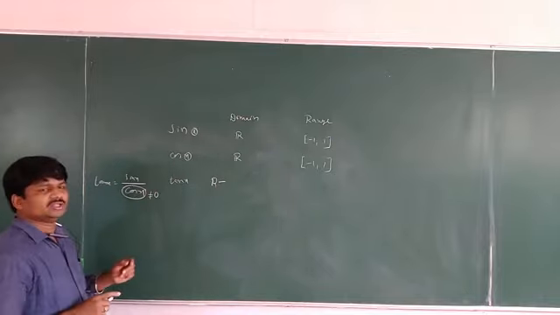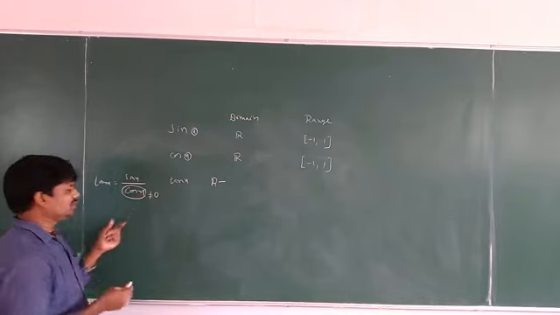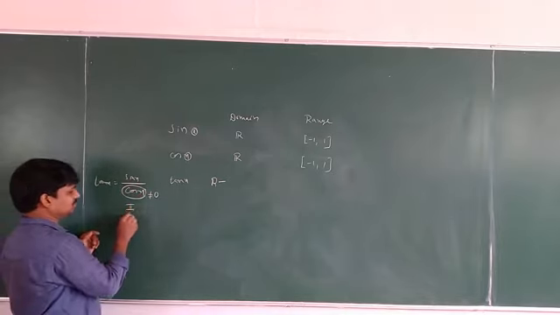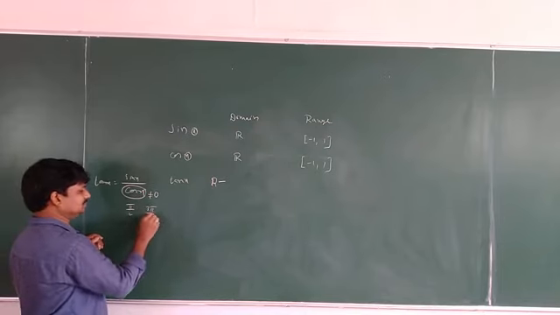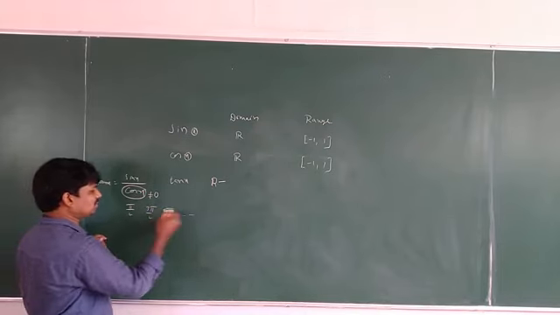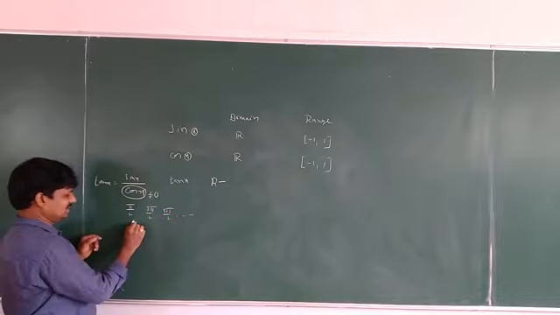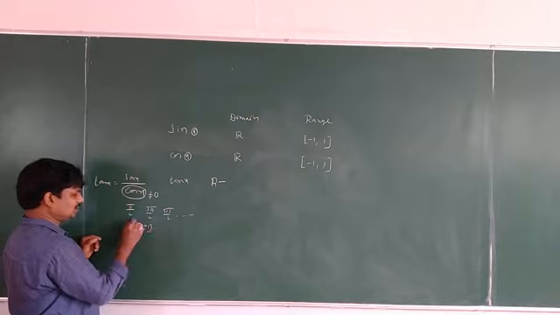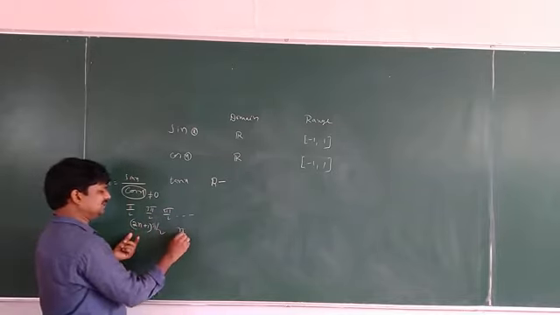So what are the values which give cos x value 0? Cos pi by 2, cos 90 is 0, right? Next 3 pi by 2, next 5 pi by 2, and so on. Negative values also. In general it is 2n plus 1 into pi by 2, where n belongs to Z.